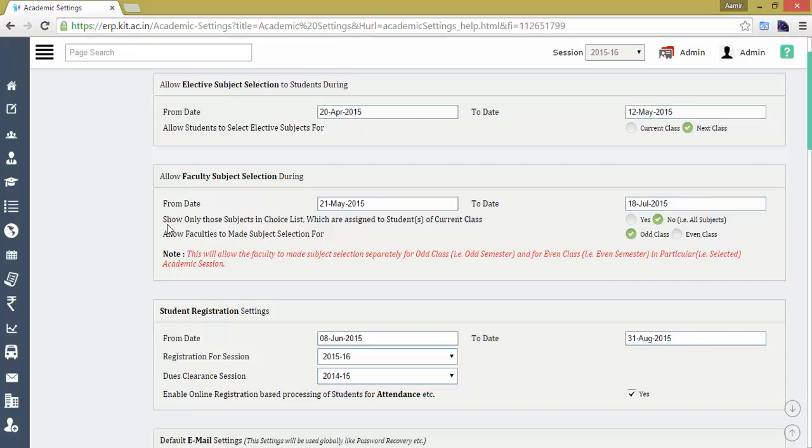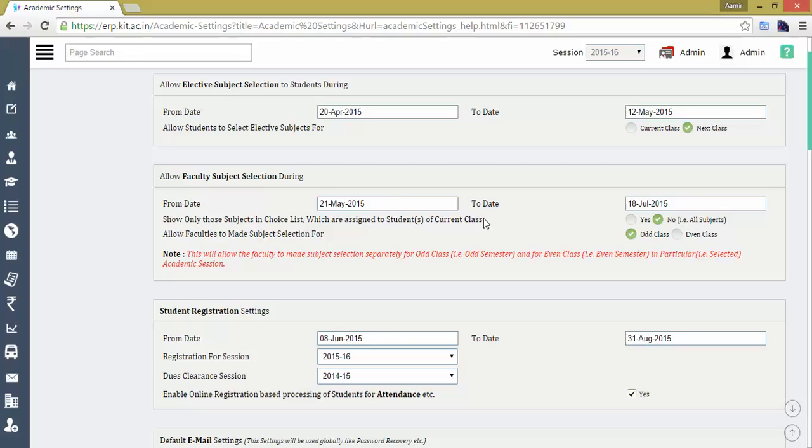Then the second parameter is show only those subjects in choice list which are assigned to students of current class. Let's discuss this feature. Suppose in your college you have a number of subjects which are taught in different departments and different classes.